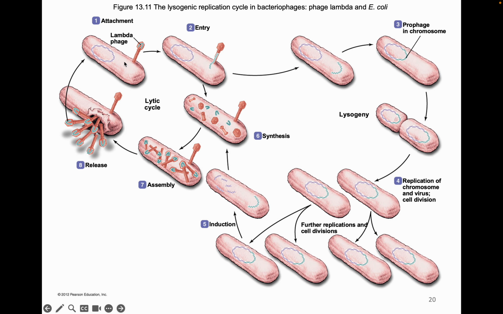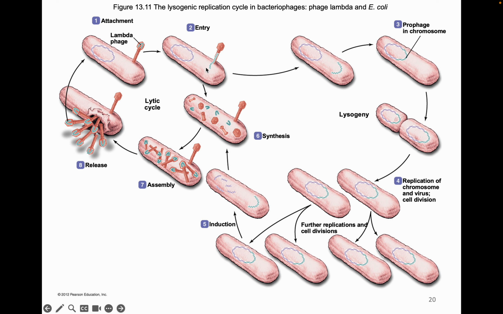So here's an example of the lysogenic cycle. We have attachment, entry of the genome. The cell is producing viral particles, they're being assembled, and they can be lysed. So this is like the lytic cycle, right? But you can also have